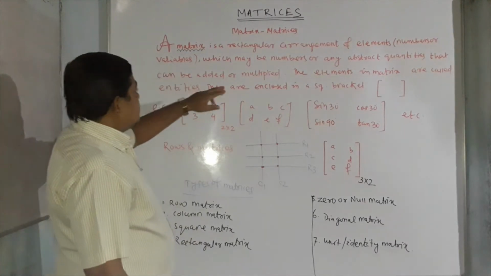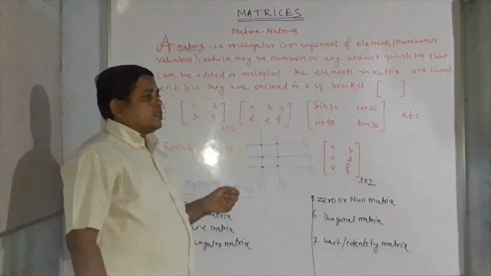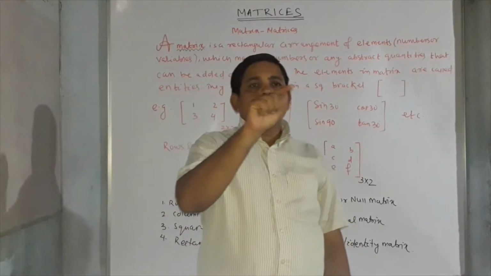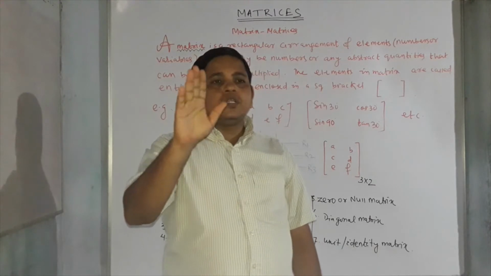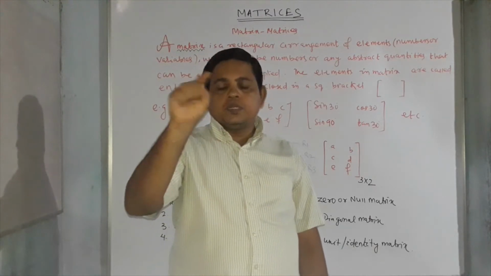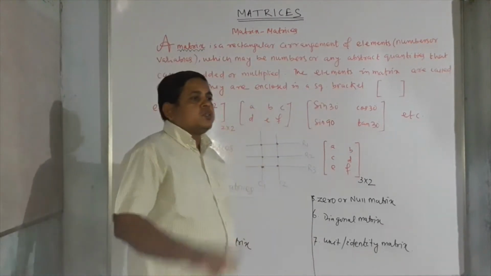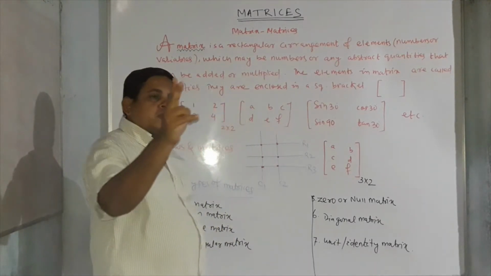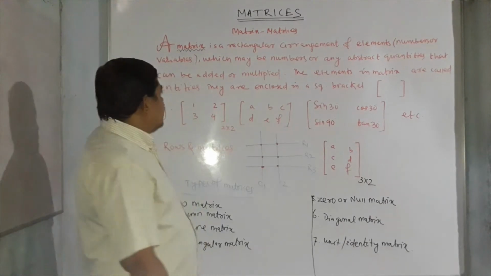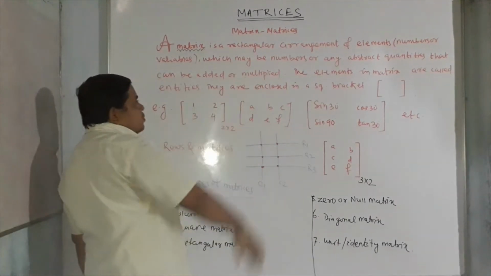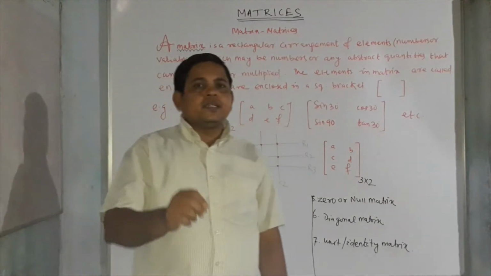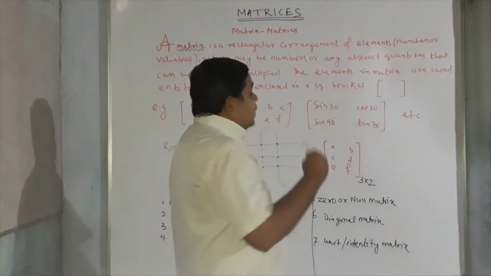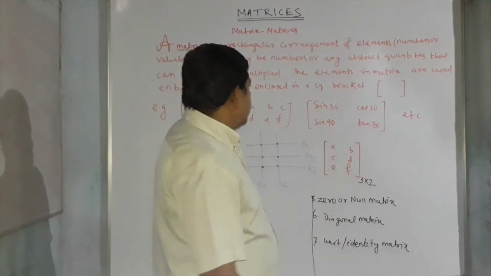So here you may say, sir, why is only addition written and not subtraction? That one also we can do. Suppose 2 plus 3, we can write as 2 plus 3. Suppose 2 minus 3, we can write as 2 plus minus 3. That means 2 minus 3 is subtraction, and 2 plus minus 3 is also addition. Therefore multiplication of matrices is possible, but division of matrices is not possible. Why not possible? Later in the 11th or 12th class you will understand.